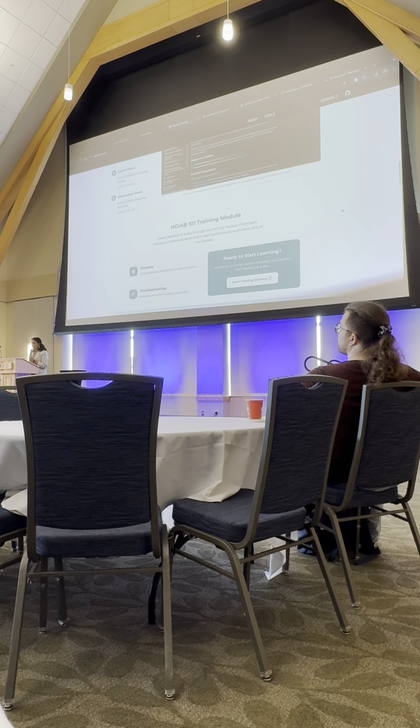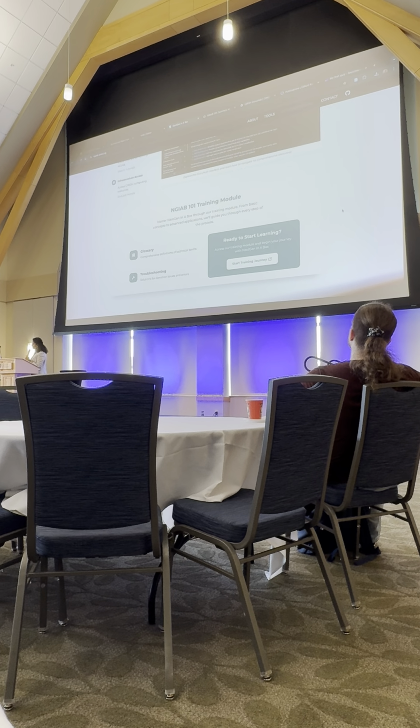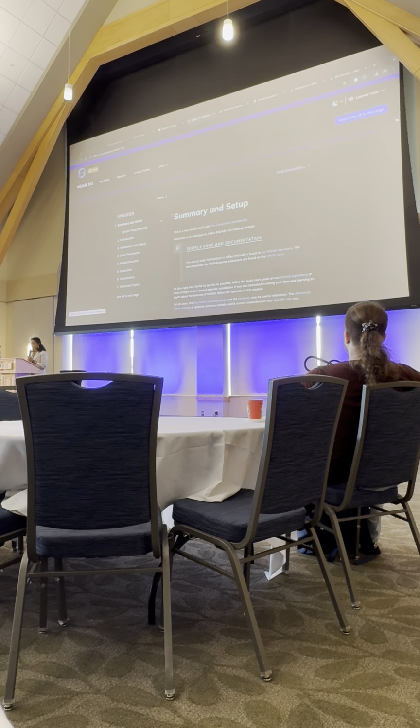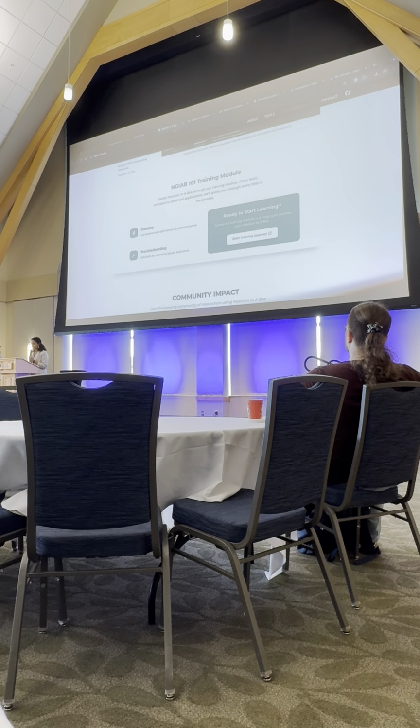And we recently submitted a NextGen in a Box paper that's under review, but it will be out soon and we'll share it with the community. Some parts of that paper we have added in this NextGen in a Box 101 training module that can be available here. So if you want to do this course on your own during the summer or later, anytime, please feel free to go through this course. It's an online course to learn NextGen in a Box.